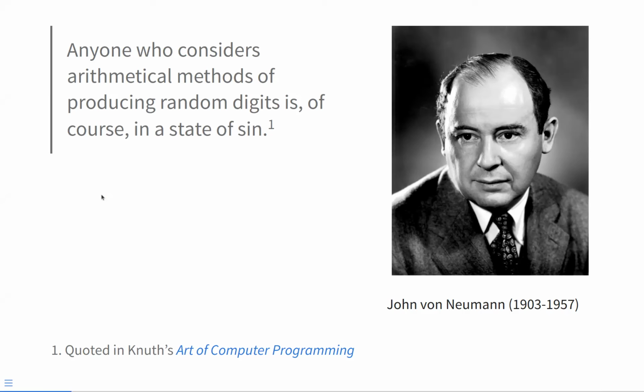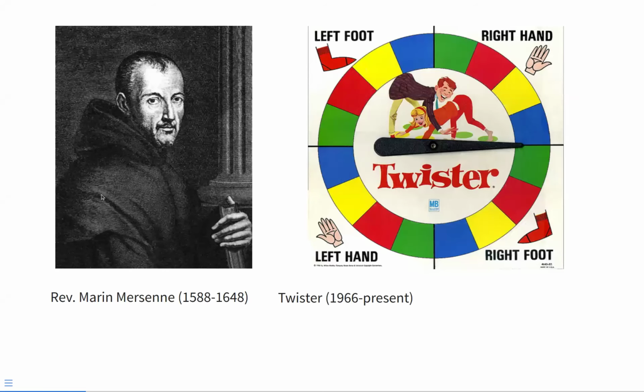Now, if we're going to be in a state of sin, then it's at least a bit comforting to know that R's method for generating pseudo-random draws involves a 16th century cleric. The method is called the Mersenne twister, and it's based on some concepts from number theory that were developed by Mersenne. It has nothing to do with the well-known game Twister, but the game Twister at least tempts us down the path of sin, so it's good to know that we've got a cleric on hand to take our confession